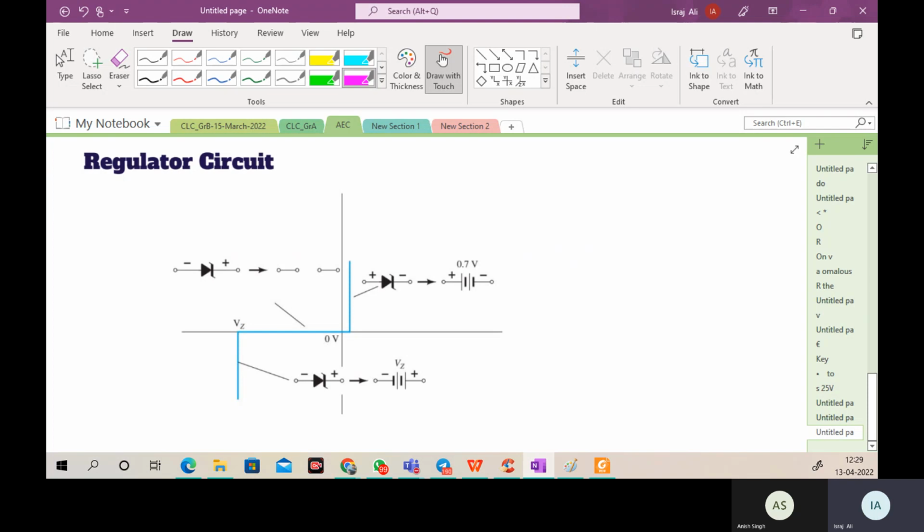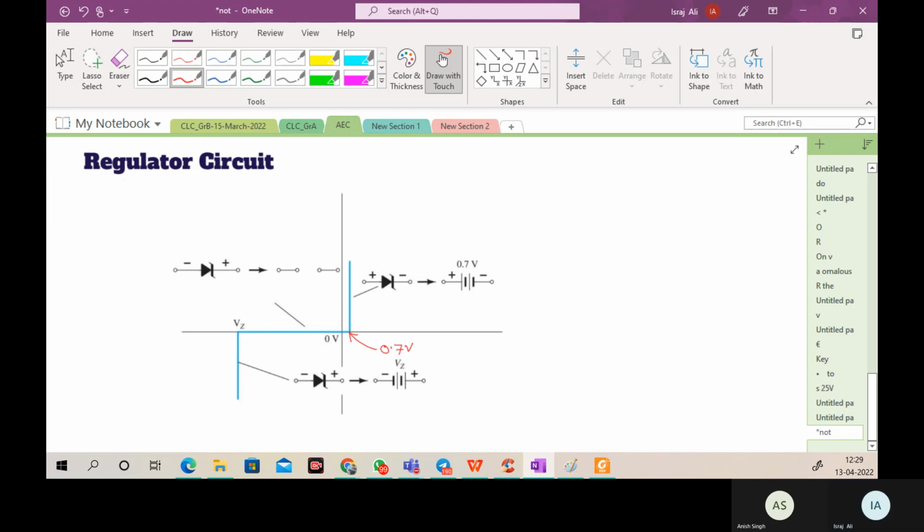So in the forward condition, we can see that the voltage is 0.7 volt if the Zener diode is made of silicon material. That means the Zener diode is a special type of diode, but when it is forward biased, it behaves simply as a normal diode behaves in forward bias. Got the point? So what is the difference between a Zener diode and a normal diode? For the forward bias condition, if the materials are the same for both cases,